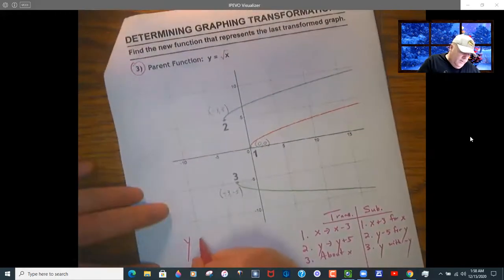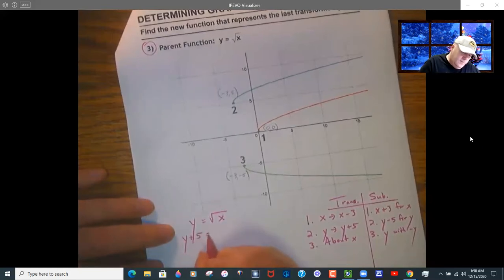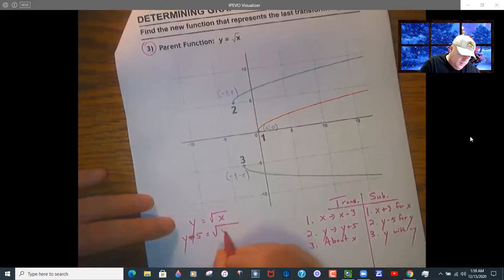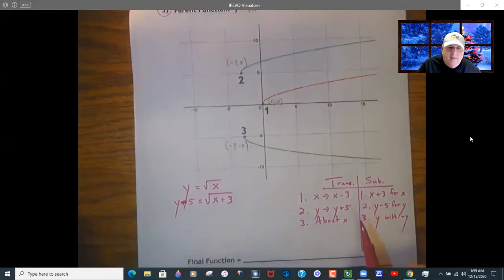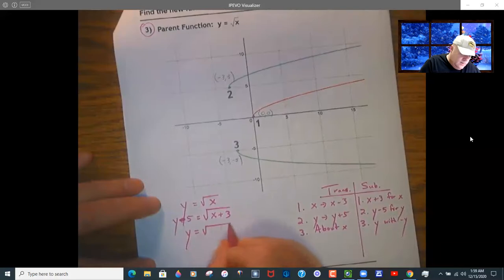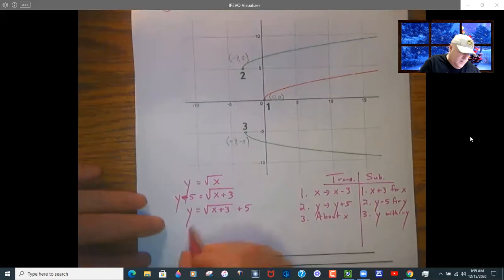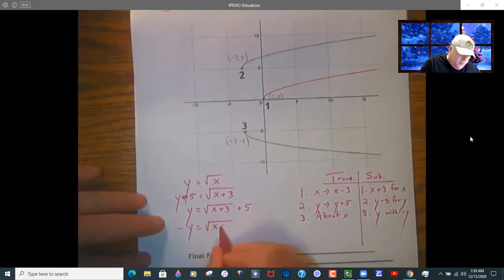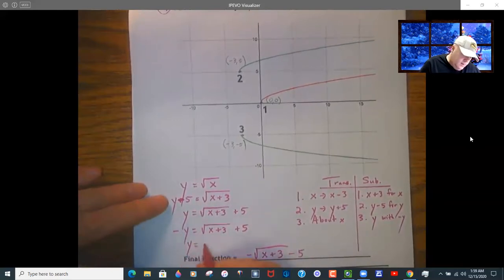All right, so square root of x is our parent, and y plus 5 and y minus 5. I'm not paying attention again. I have you guys to yell at me for not paying attention. Y minus 5 in for y, and then x plus 3 in for x. Simplify on the x side, which you can't, and add 5. And now the last thing is to replace y with negative y and solve. So you're just running a negative through the whole right-hand side when you do that solving. And I probably should write that before